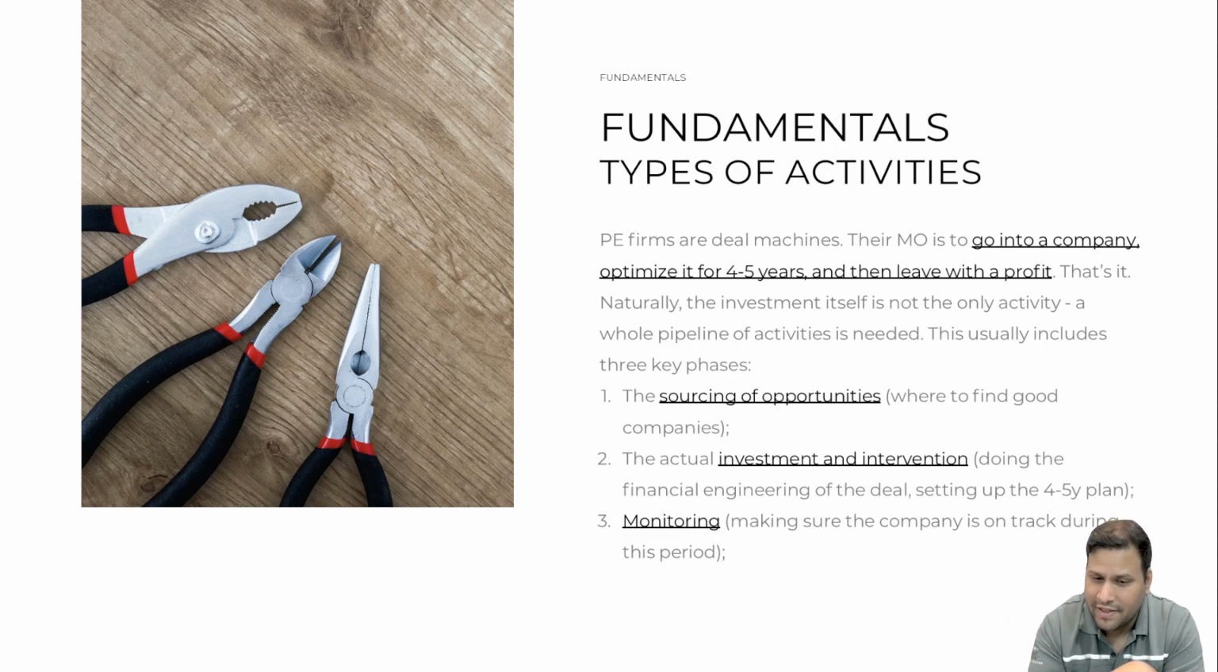Then in such a case, we have to set up things in such a way that either we exit the funds, we make it profitable, we optimize the product line, or whatever we have to do on certain things, so that we can get our returns as per the target date we have set up in the master plan, right? So ये तीन चीजें हम देखते हैं: sourcing of opportunities, investment interventions and monitoring। ठीक है, चलिए।